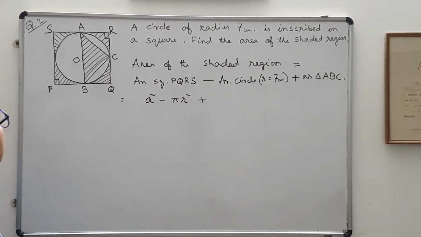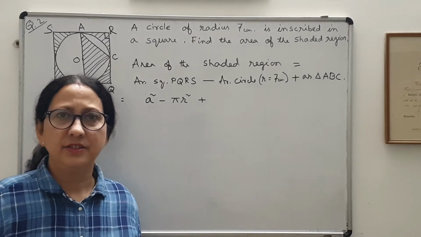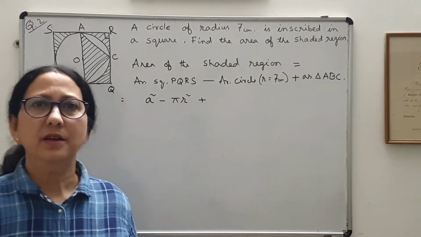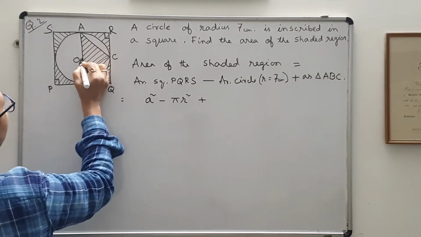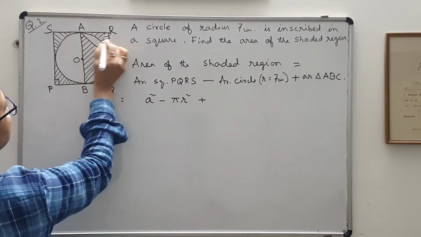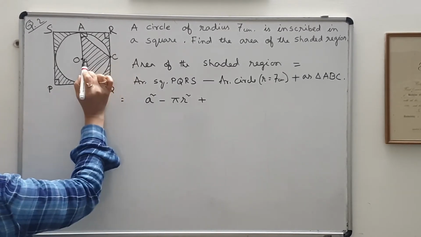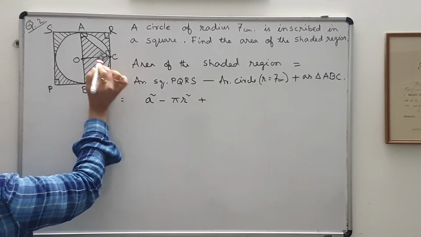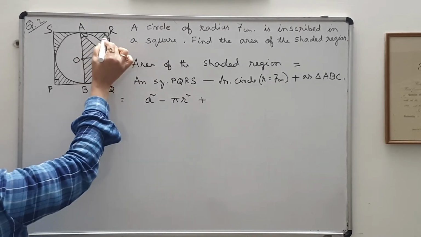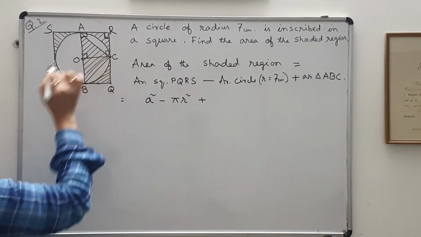First of all, I'll be using the theorem from the circle chapter: a tangent to a circle is perpendicular to the radius through the point of contact. So by that theorem, this is the radius and this side is the tangent, so this will be 90 degrees. Similarly, this is the point of contact, so if I draw the radius to the point of contact, this will also be 90. This is a square, so 90. Obviously by the angle sum property, this will also be 90.